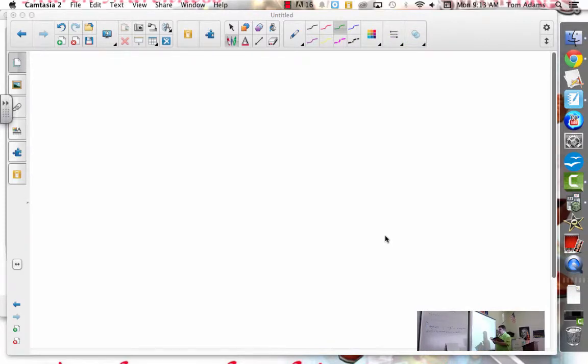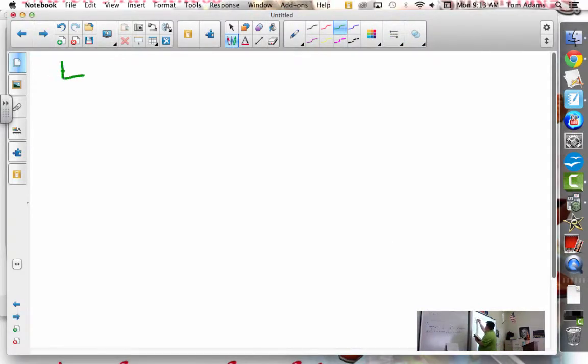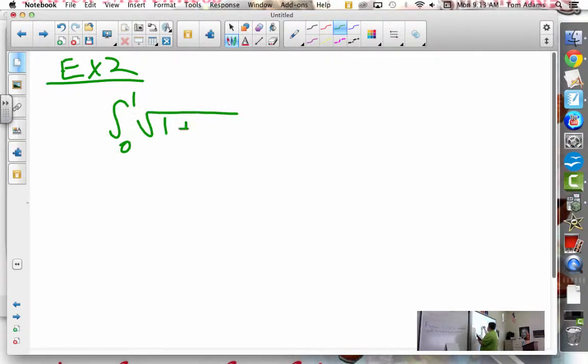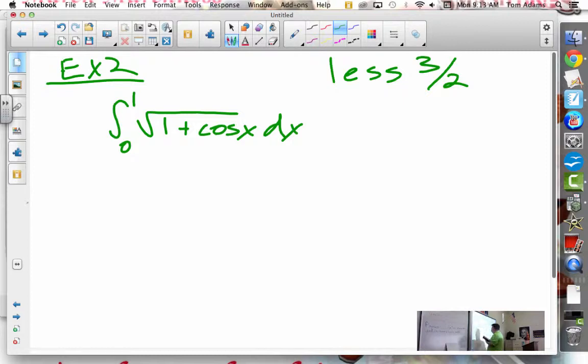All right, so they want us to evaluate, for example, number 2, the square root of 1 plus cosine of x dx. But they don't want us to find the definite integral. They want us to explain that it's less than 3/2. Now, I could evaluate this in a calculator if I want to, but there's